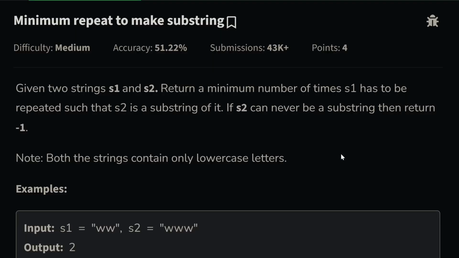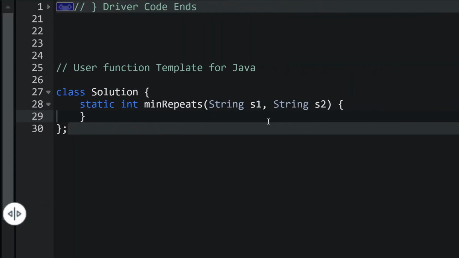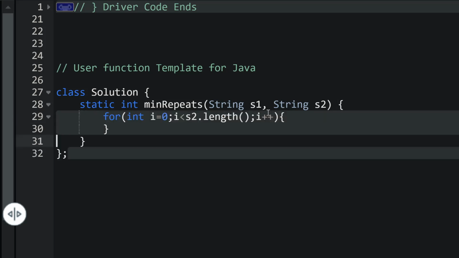Let me show you the code. First we have to write a loop for s2 and check whether each current character is present in s1. If every character is present, then we move forward. If any character is not present, we will just directly return -1.